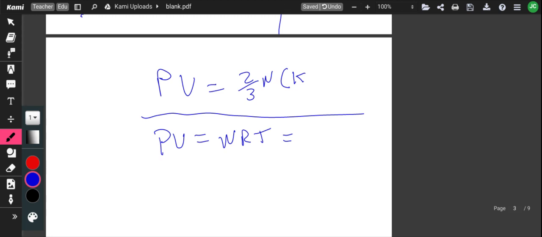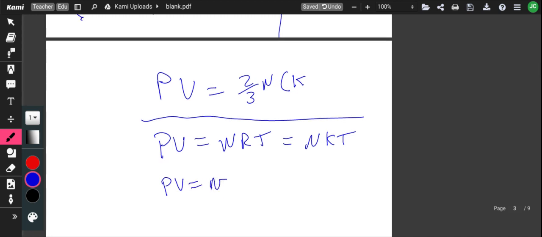And so we can rewrite this as PV equals nKT. K is called Boltzmann's constant, and this is Boltzmann's form of the equation. And so we can rewrite this whole thing to say PV is equal to nKT